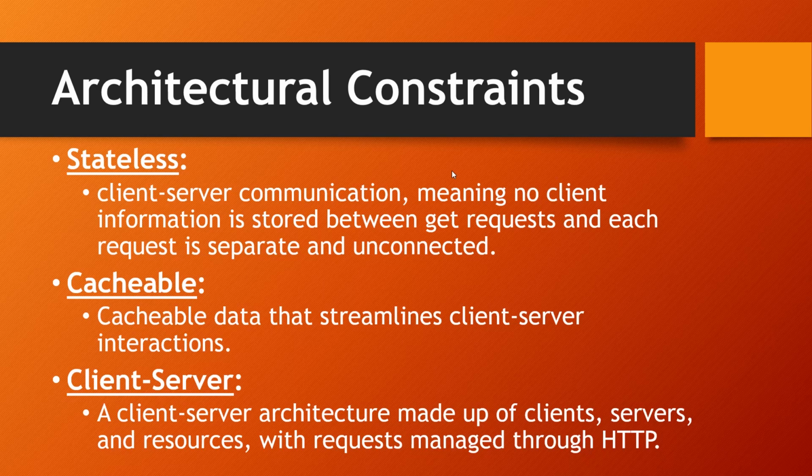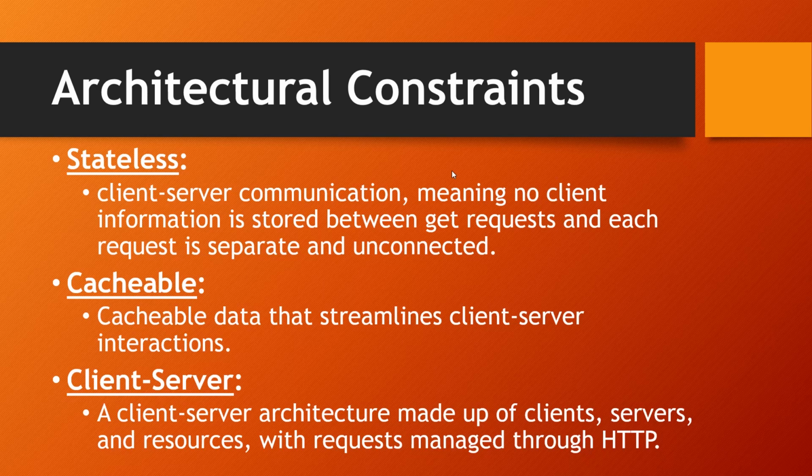The fourth constraint is client-server. The uniform interface separates clients from servers. This separation of concerns means that, for example, clients are not concerned with the data storage, which remains internal to each server, so that portability of client code is improved. Servers are also not concerned with the user interface or user state, so that servers can be simpler and more scalable. Servers and clients may also be replaced and developed independently as long as the interface is not altered.